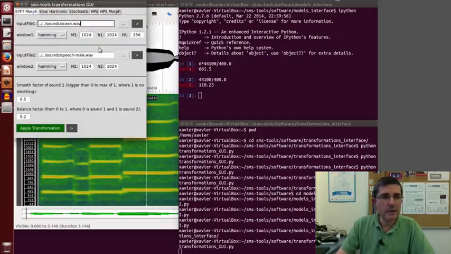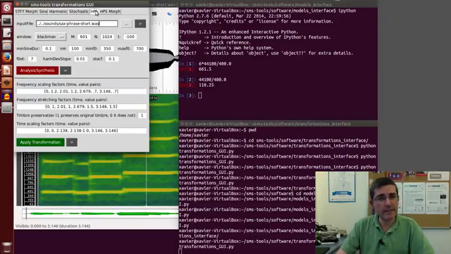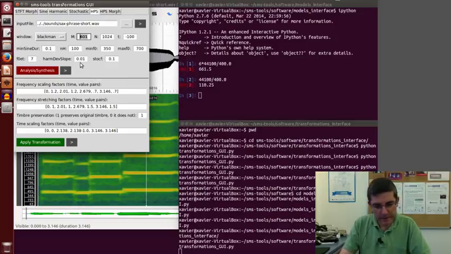Okay, so this is the GUI for the transformations, and let's go directly to the HPS model with the transformations. And well, it's already by default the sax phrase is here. So let's use the parameters that we use. If I remember, was